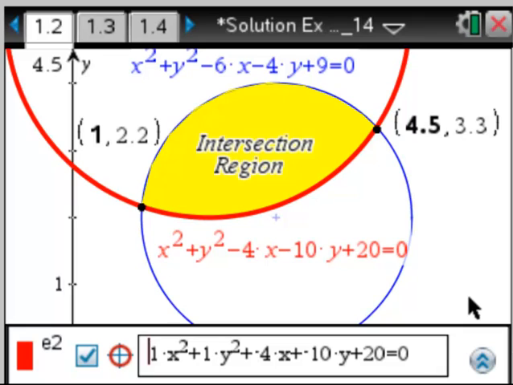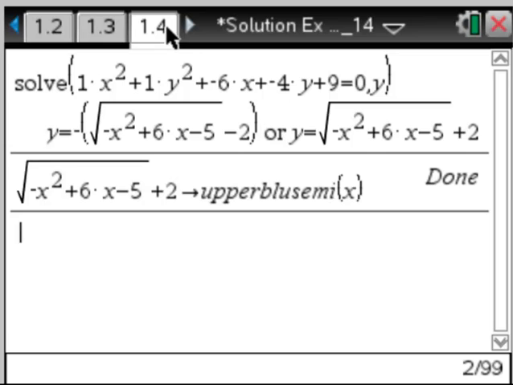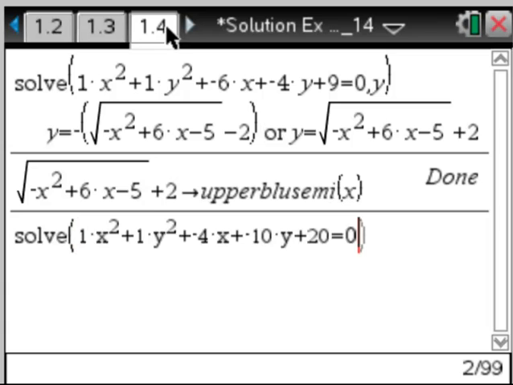I push the shift key and arrow over to the right to get this selected. Control C to copy it. Going to return to my calculator application page 4. And once again, let's solve and control V, paste that equation there, a comma, a y, because that's what we want solved for,